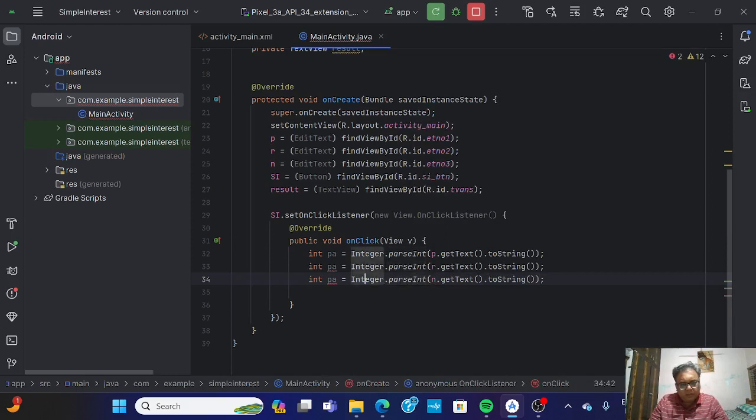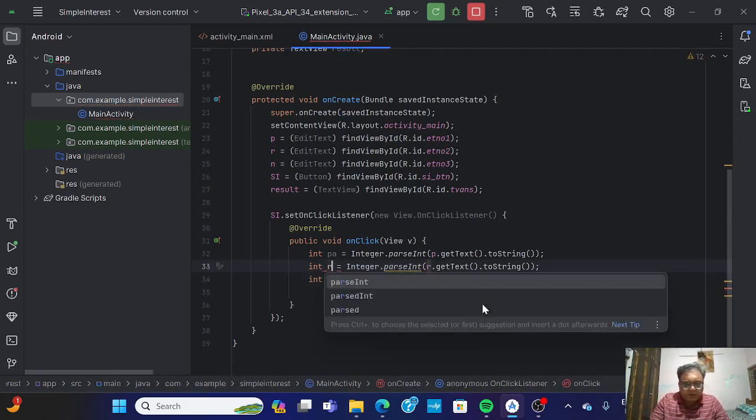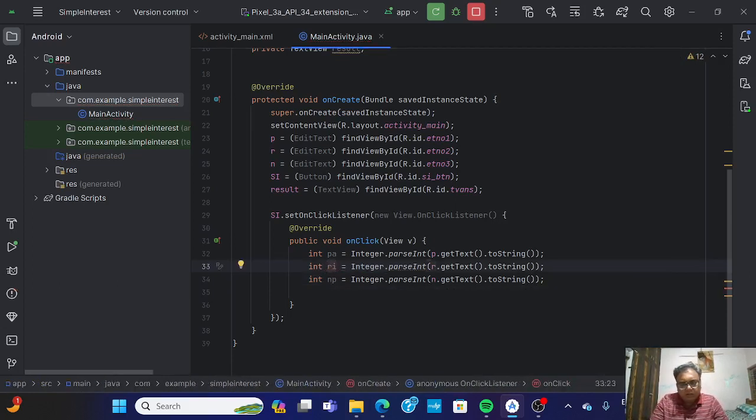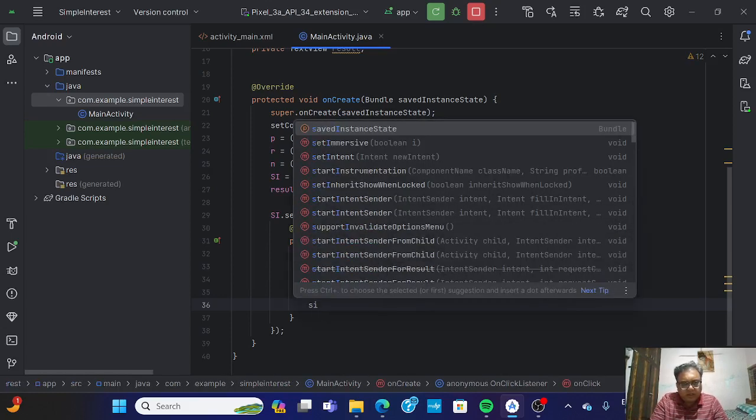Okay, and this is the number of periods, so np. Second, the rate of interest, so that is ri. Okay, so these are the 3 variables. Now the actual work for the simple interest, si